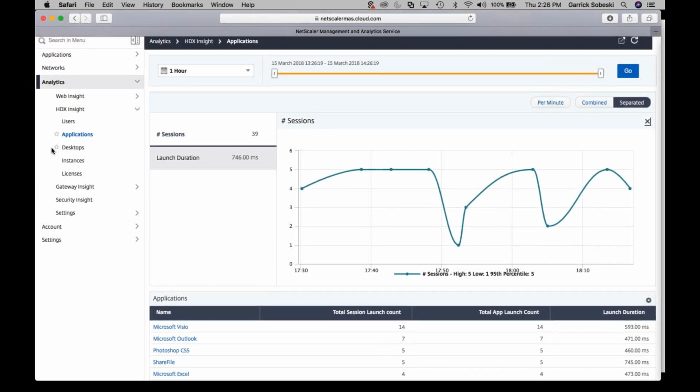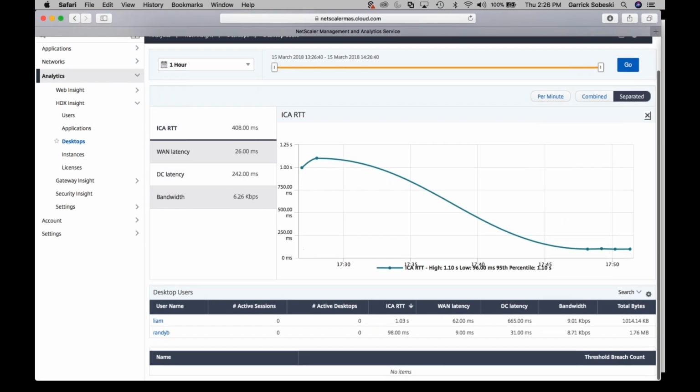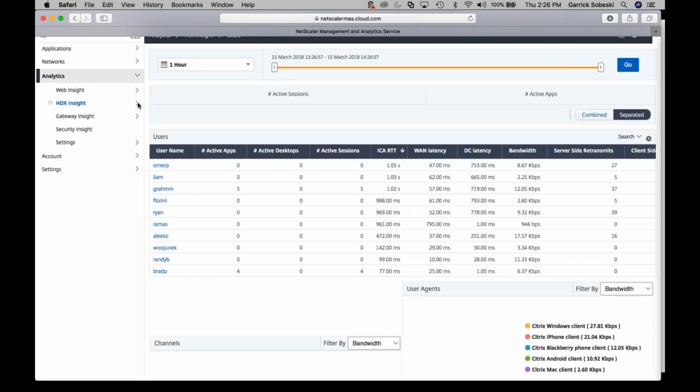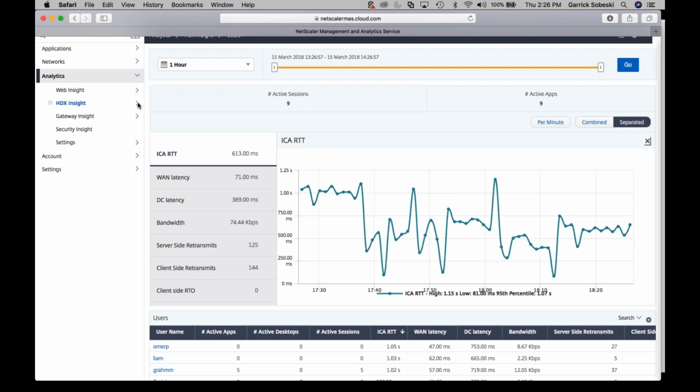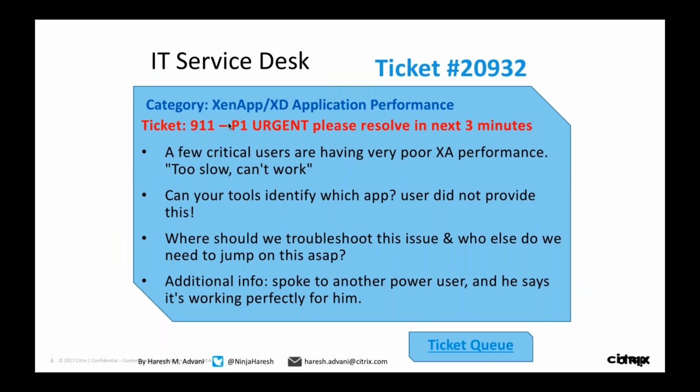There's a section for desktops also, which is basically used for VDIs. If you have desktops being used by users, this will help you determine the actual servers on which the VDI is running, the VDAs basically that you're running, right? And in addition, there are some other components here. So this is a quick example of how NetScaler MAS can help you troubleshoot a complex environment, because typically there's the user, there's his network, there's his endpoint, there's the NetScaler, there are a lot of different components, and MAS helps you troubleshoot those. If you go back to the ticket queue,